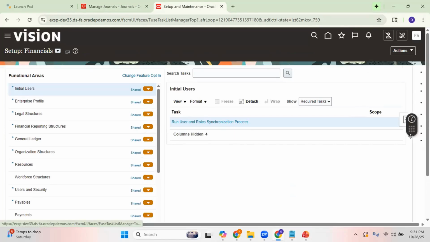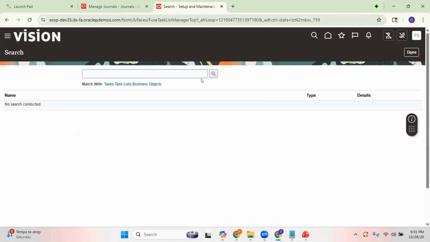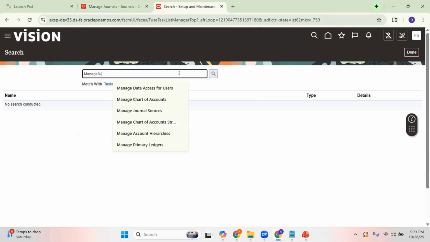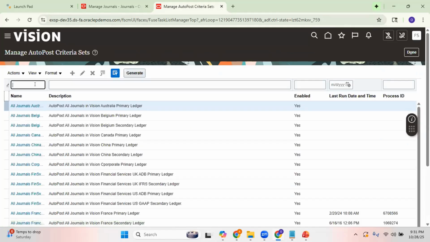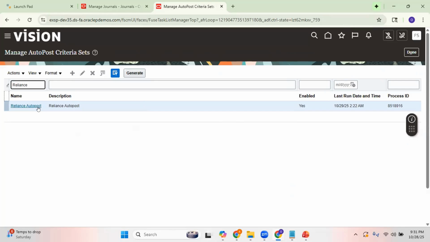In order to go to the Autopost criteria set, go to global search and search for Manage Autopost Criteria Set. That's the name of the task. In my case, the name of the Autopost criteria set is Reliance Autopost. So open this Reliance Autopost